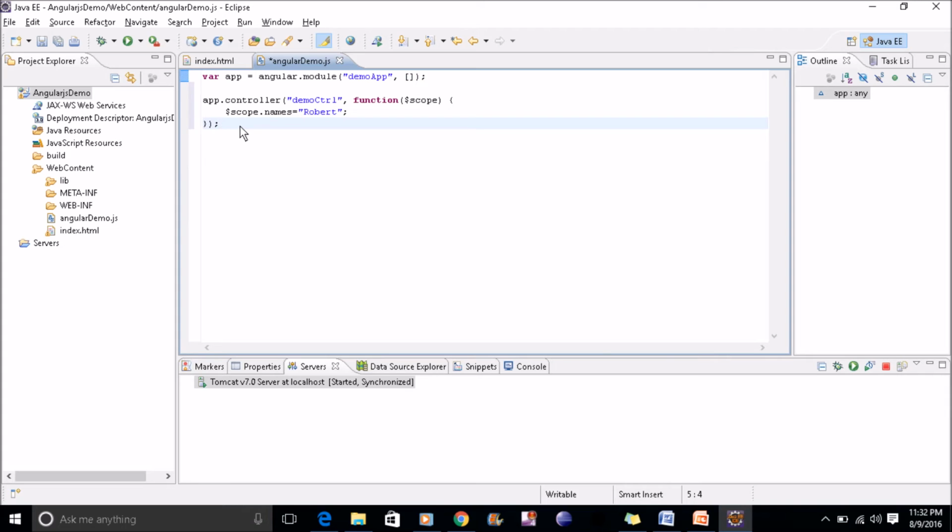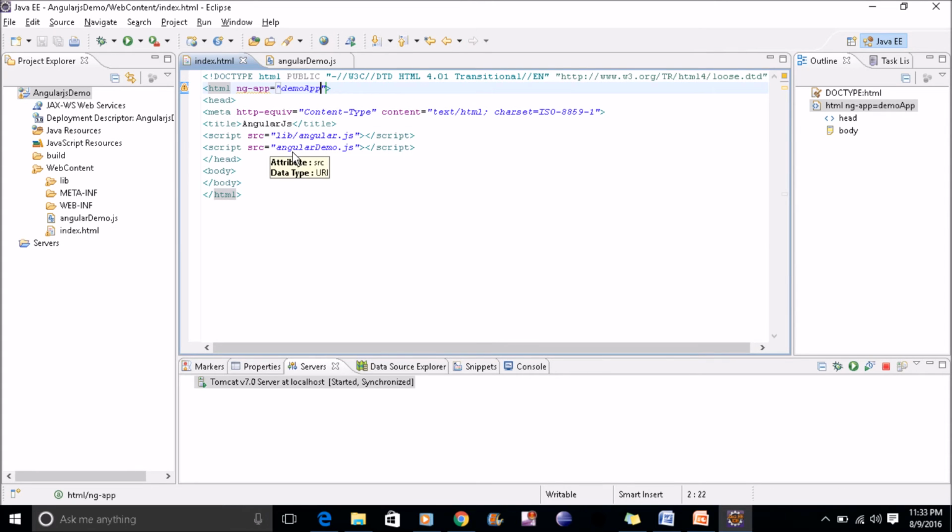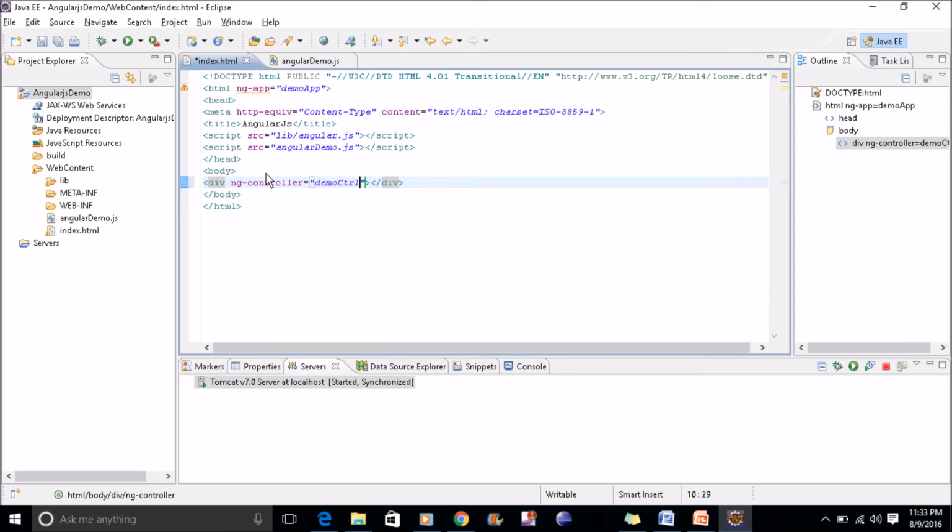This is done. And now in index.html, inside body I'll create one div, and then ng controller and the controller name, demo control. I'll create one text field.